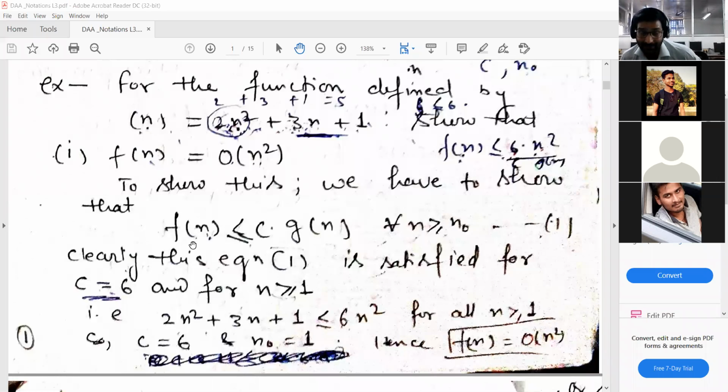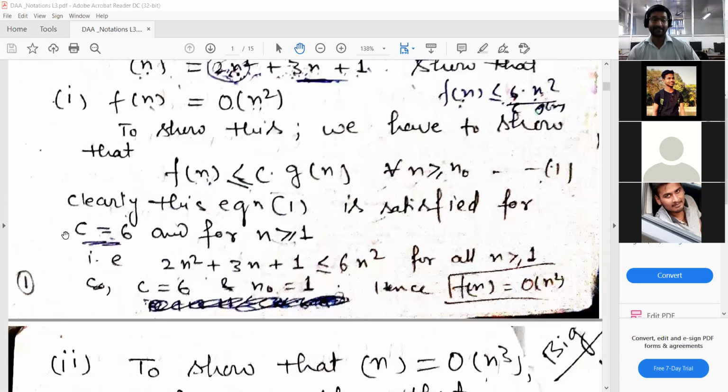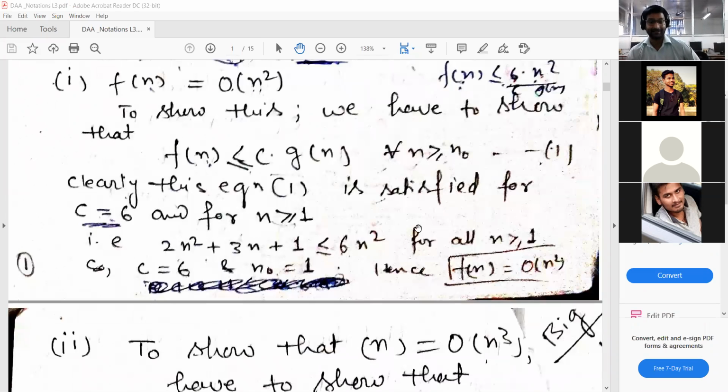So this is the inequality: Fn is less than or equal to c times Gn for every n greater than n naught. ठीक है, तो अब देखो, अब देखेंगे कैसे क्लिक करेंगे. हिट एंड ट्रायल, we use the hit and trial method. Another approach is also there. ठीक है, and basically this n naught, so what we found here is that for n naught equal to 1